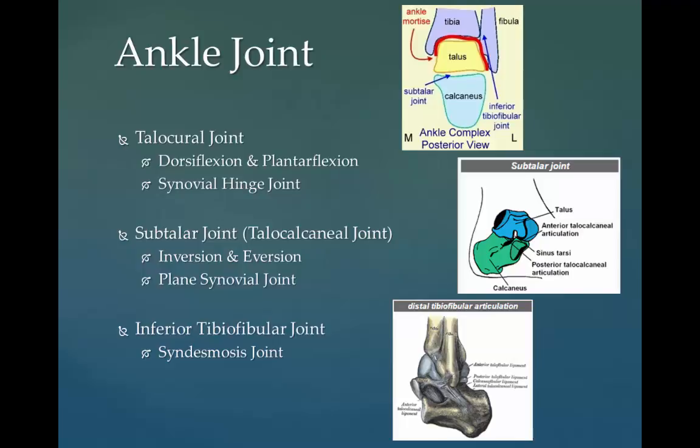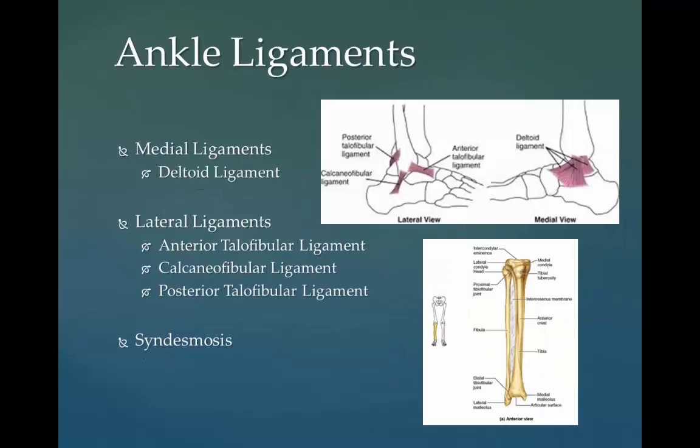The distal tibiofibular joint, or tibiofibular syndesmosis, is formed by the rough convex surface of the medial side of the distal end of the fibula and a rough concave surface on the lateral side of the tibia. The ankle joint is bound by the strong deltoid ligament and three lateral ligaments: the anterior talofibular ligament, the posterior talofibular ligament, and the calcaneofibular ligament.